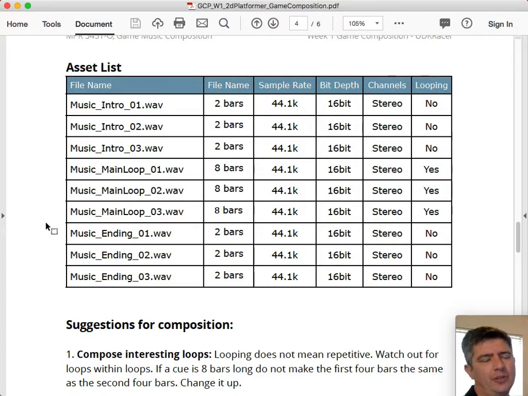So choose the key that you're in, choose the tempo and time signature, choose the instruments, and maintain that through the composition. Then the differences will happen in the composition itself.